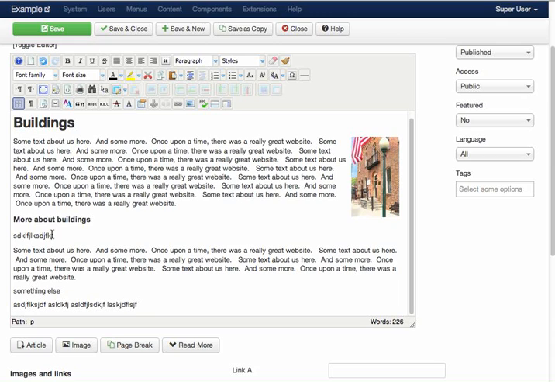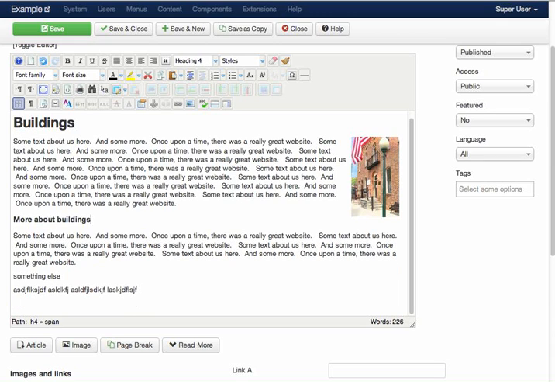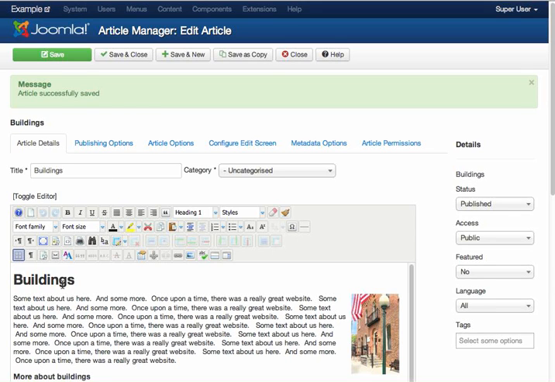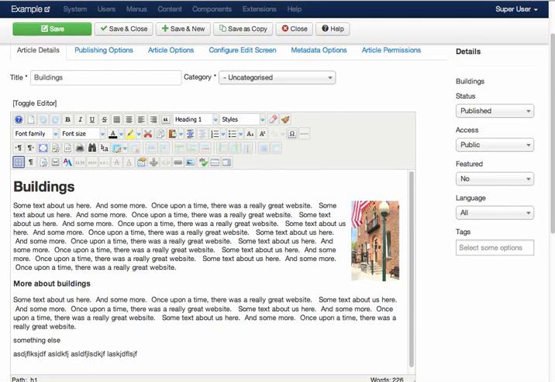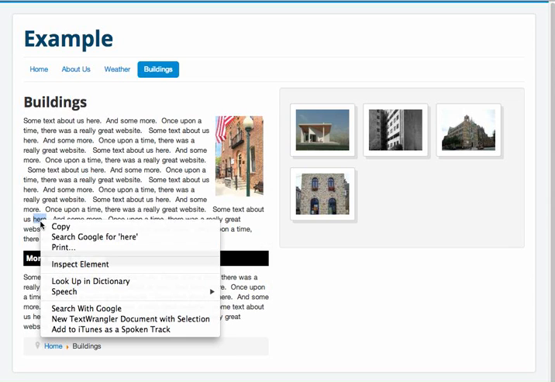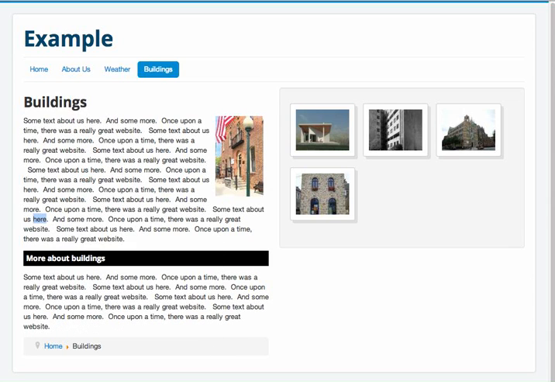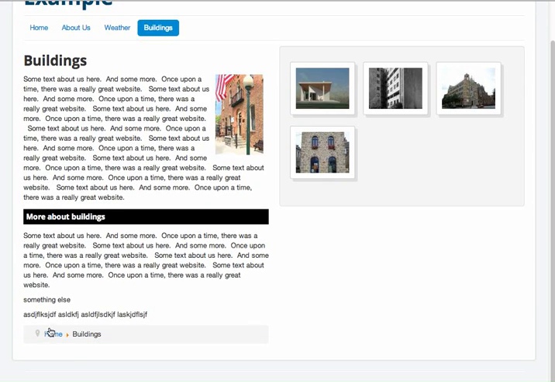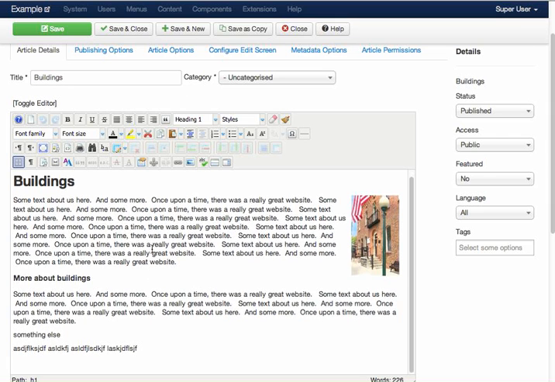So now we're back to making this a heading like the one above it. First we'll save it, and I'll let you see how it looks the same as everything else. Reload this page. Oops. Right. Here's our new text. It doesn't look the way that we want it to. Go back in here,